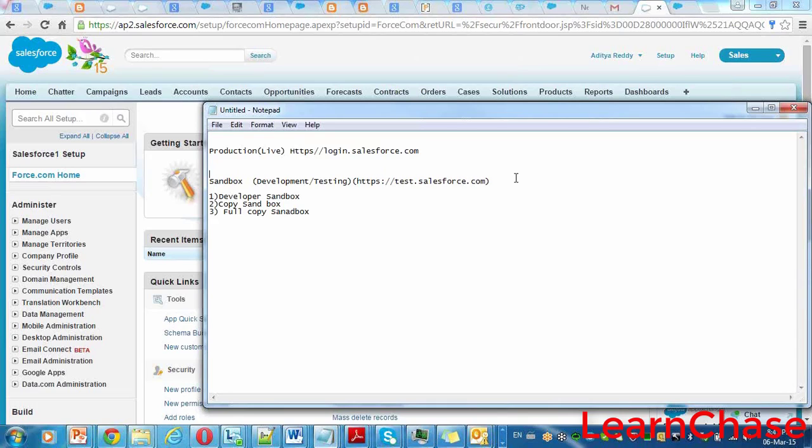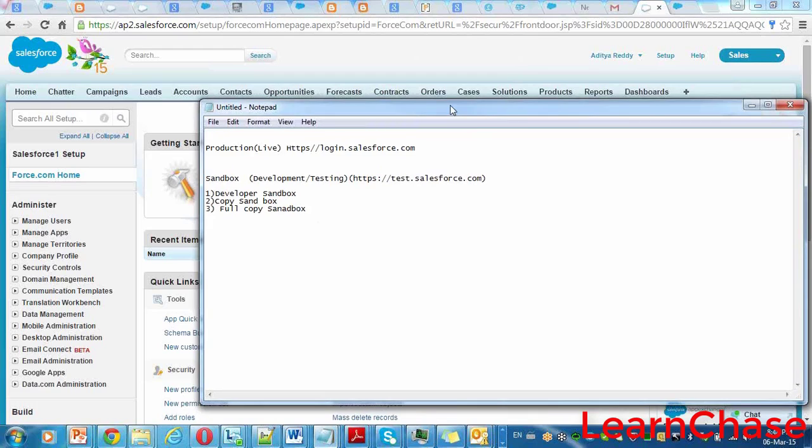Are you able to see that, https test.salesforce? For logging into sandbox, we need to choose this URL. For logging into production, we need to choose this URL.